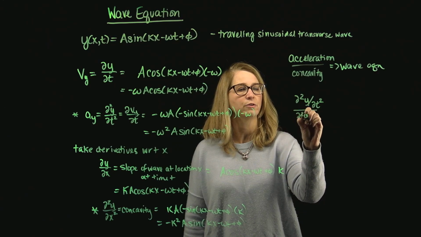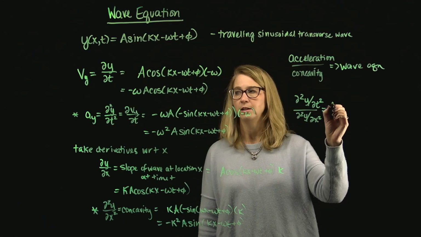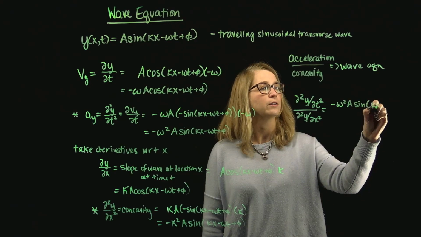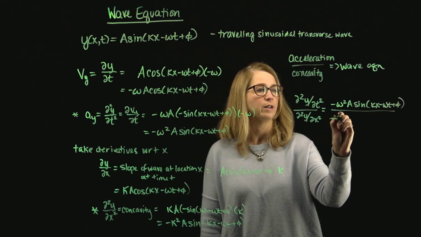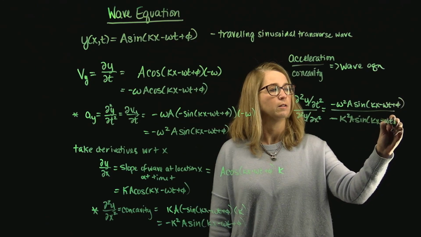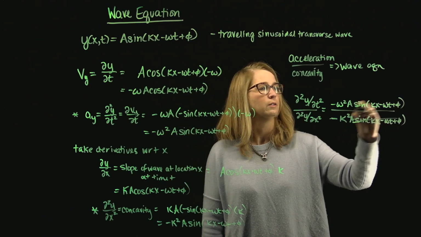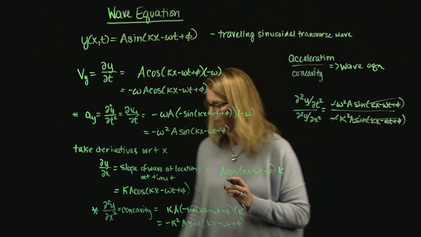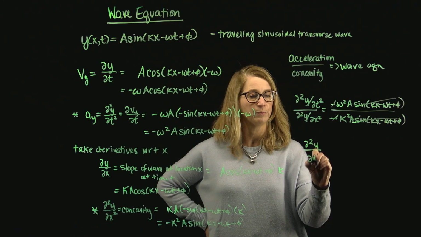The concavity is the second derivative of y with respect to x. The acceleration term ended up as minus omega squared a sine of (kx minus omega t plus phi). The concavity term ended up as minus k squared a sine of (kx minus omega t plus phi). So those cancel out, the negative signs cancel out, and I'm left with d squared. If I want to rearrange it,